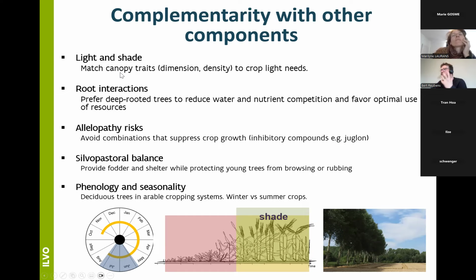When we look at the light availability, for example, and you see here an example for winter wheat. Winter wheat has a growing season which doesn't overlap too much with most of the trees in terms of leaf shedding and shade they provide. So you need to look for a good match with the crops you have.